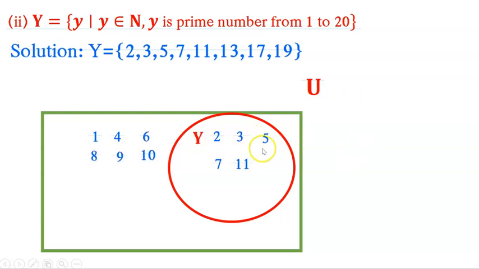Y is a set: 2 3 5 7 11 13, 17 and the last is 19. This is the Y set. Okay, other than Y: 1 4 6 8 9 10 12 14 15 16 18 20. Okay, now next,